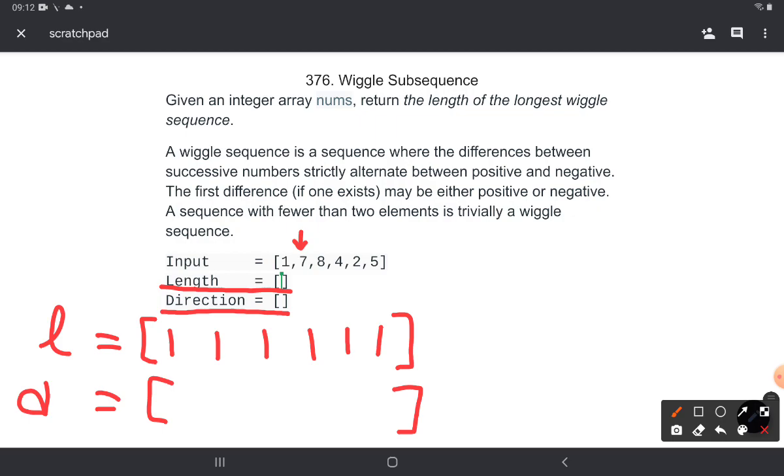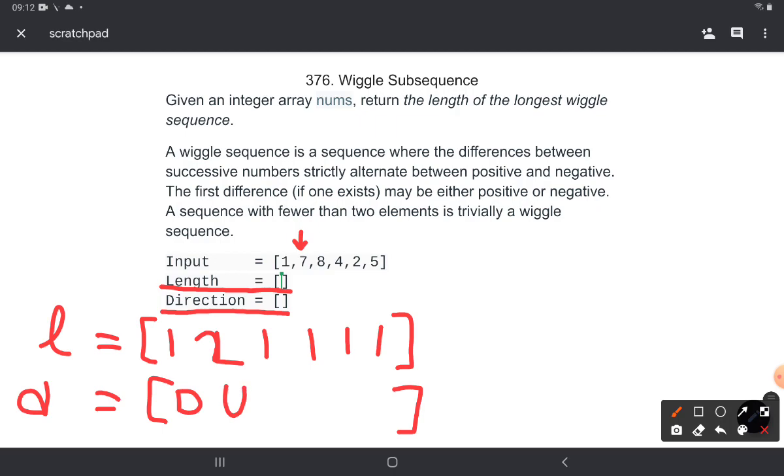So 1 is less than 7. That means that at 7 I can have a Wiggle sequence of length 2. So I can change this to 2, and the direction would be: 1 is going down, and then 7 is going up.